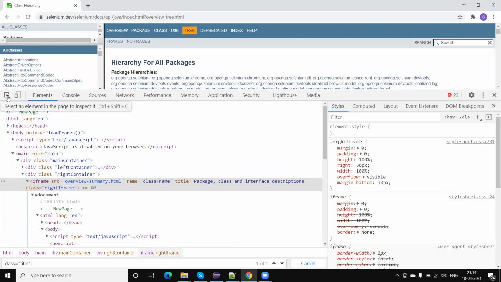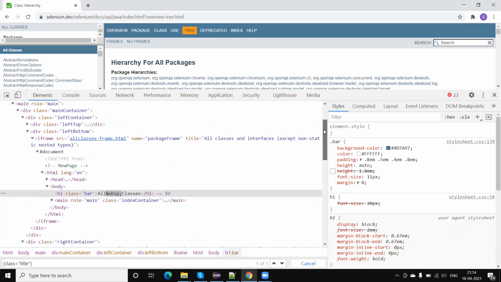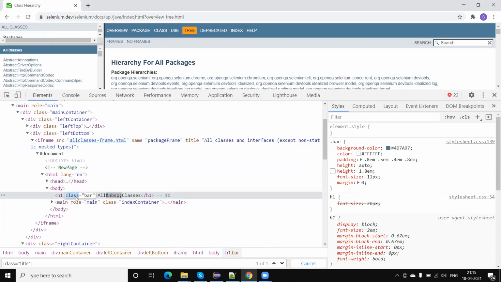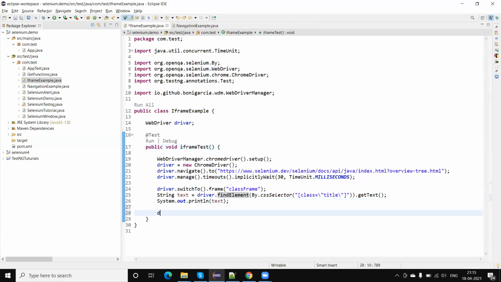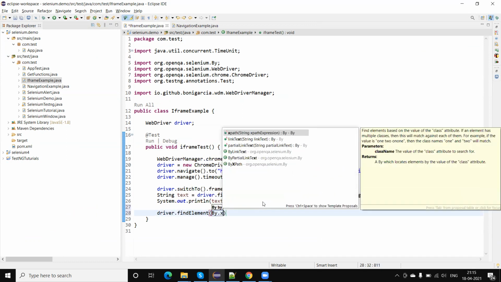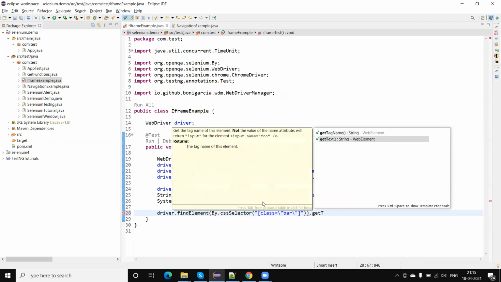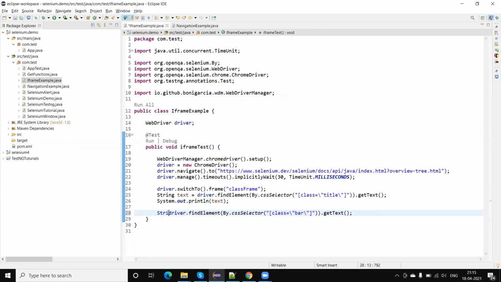Suppose I am going to read this my class, which is also coming in another frame here. So what we can do is call driver.findElement by CSS selector, passing this, dot getText.